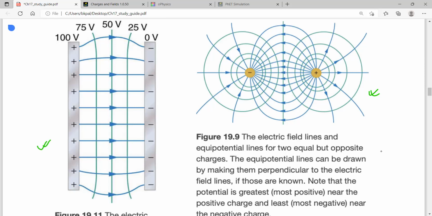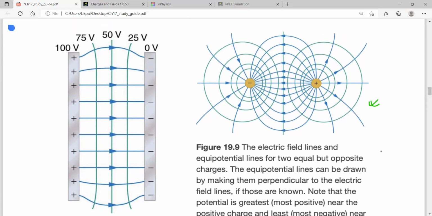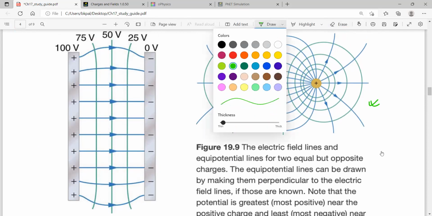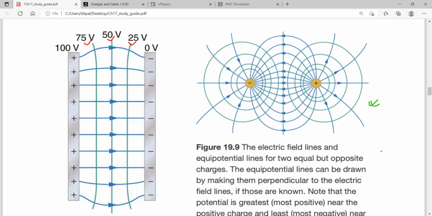For parallel plates, you see that these are the electric field lines, and here the green lines are again the equipotential lines. So this is one equipotential line, another equipotential line, and another equipotential line. Here they are straight lines, perpendicular to the electric field lines. Here it's easy to understand that the electric field lines and the equipotential lines are perpendicular to each other, but it is